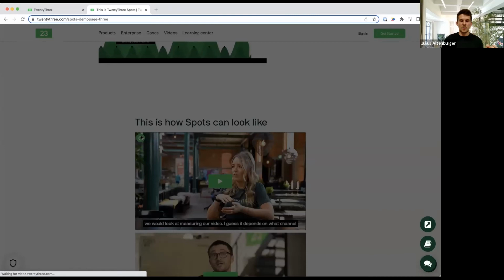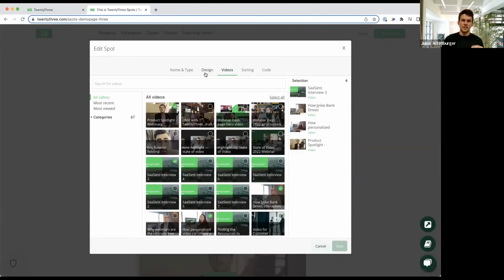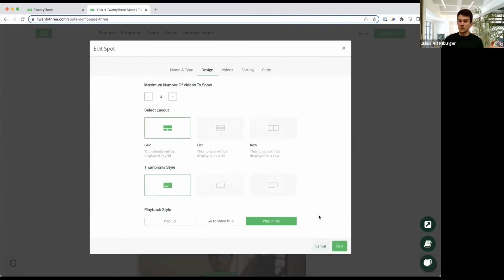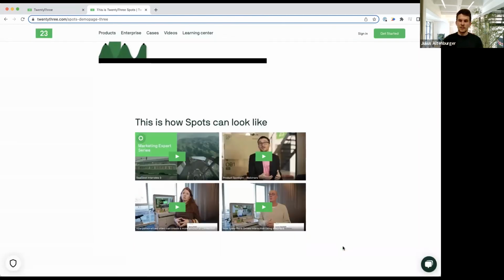I'm just going in here, and I can manage this spot from here and say, okay, I don't like the design right now. I actually want a grid. As soon as I go in here and save this representation, it is automatically changed on the other side, and the videos on the website look different, still in the same branded environment.